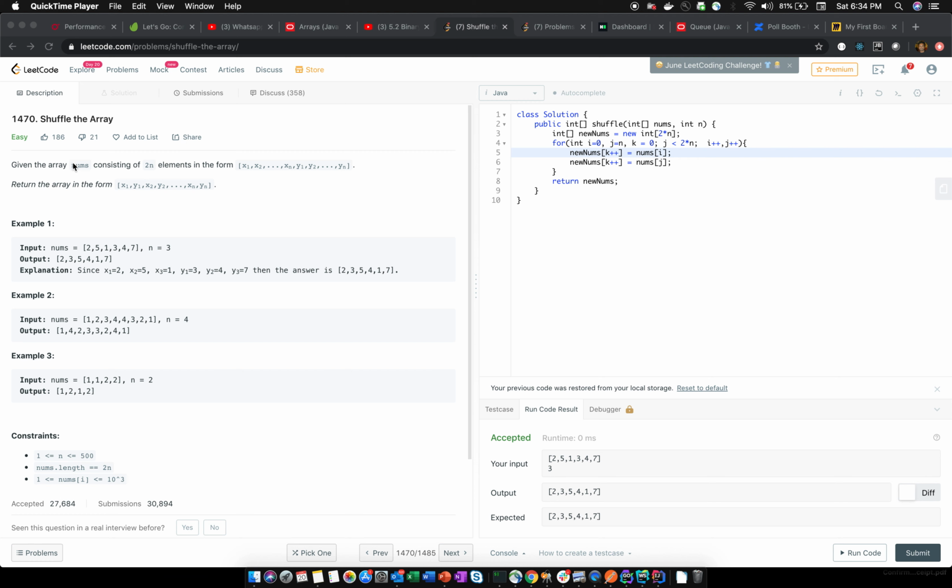Today I'm going to talk about problem number 1470, Shuffle the Array. The problem statement is: given the array nums consisting of 2n elements in the form x1, x2 to xn and then y1 to yn, return the array in the form x1, y1, x2, y2, xn and yn. So what it means is all we need to do is visualize this array